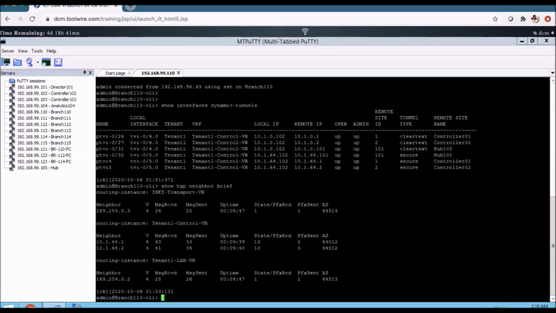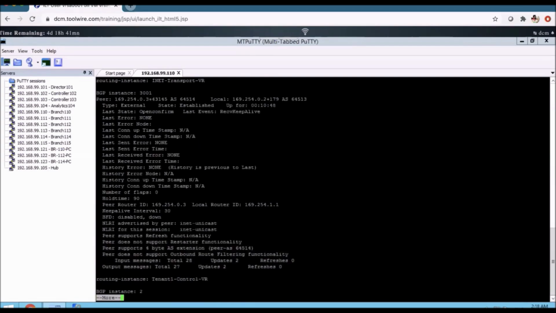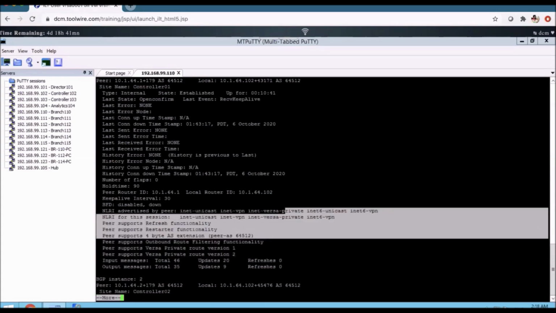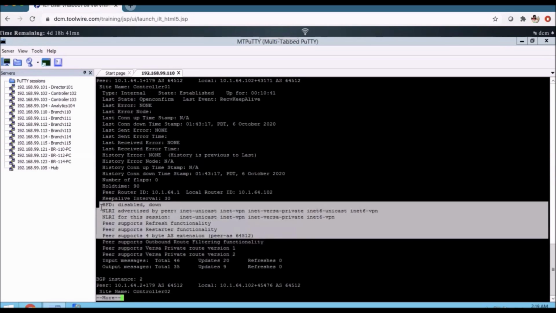If I go and verify the detailed output, there are options here under the tenant 1 control VR, which is between the branch and the controller.